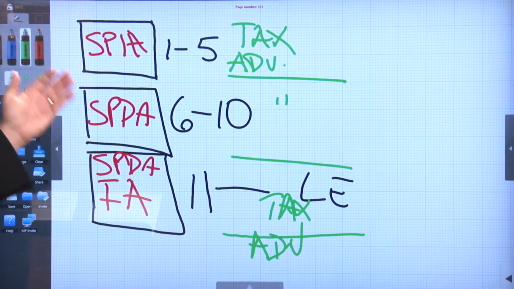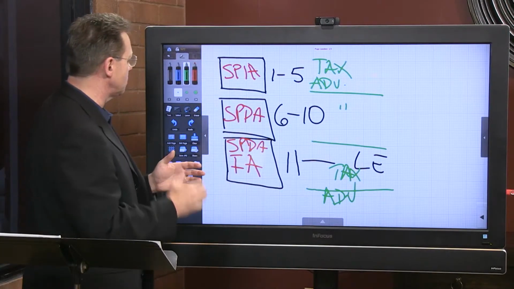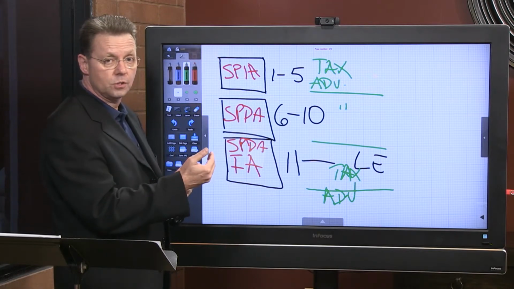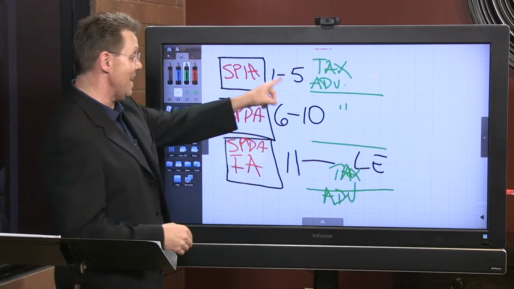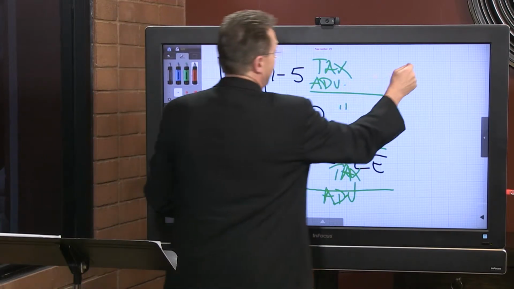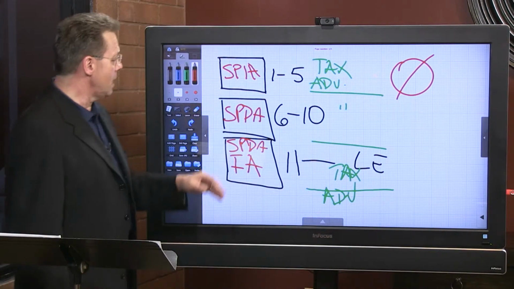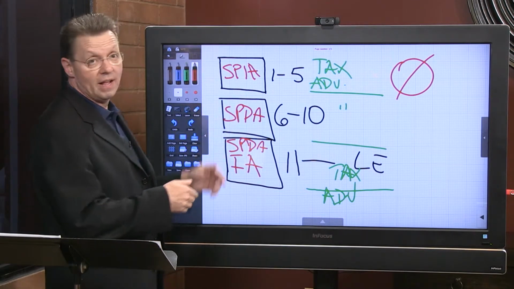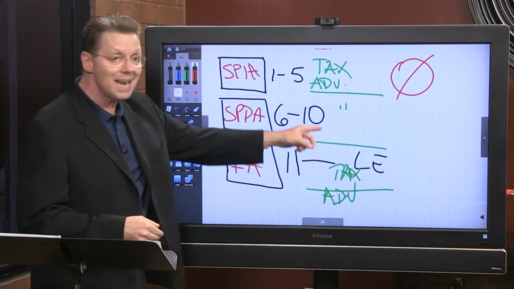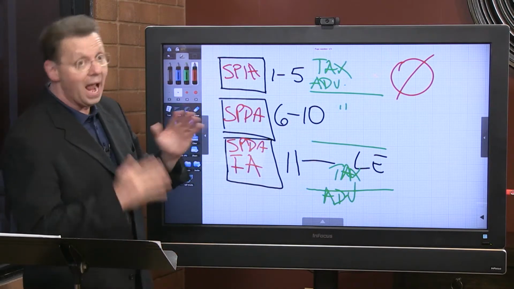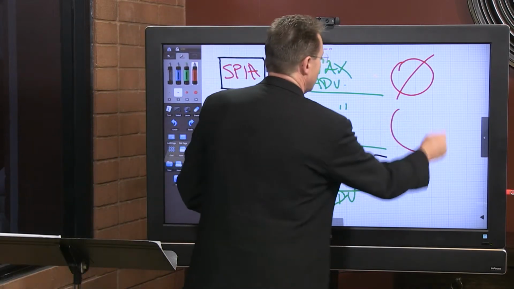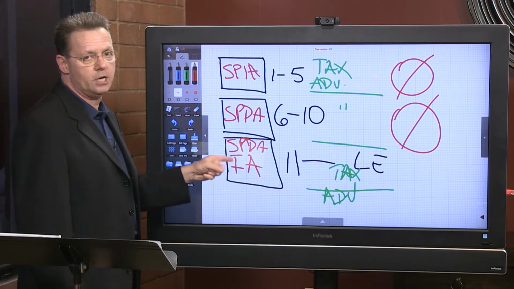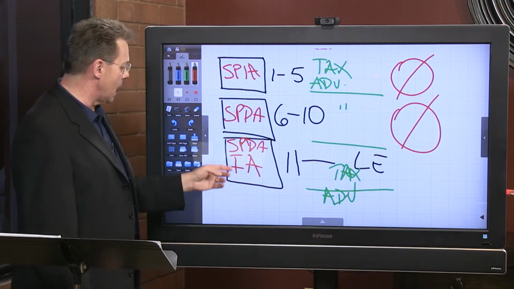So on my timeline, let's just go through it to make sure we understand the mechanics. The single premium immediate annuity pays out 5 years of payments, generally on a monthly basis. Then we've exhausted all that money. At the end of that 5th year, I have nothing, no money. Then I switch over to my single premium deferred annuity, which has been accumulating over those 5 years, and I take income out over the next 5 years, from years 6 through 10. But after that 10th year, I don't have any money there either. Now I've waited 10 years. This has been deferring for 10 years, and again, there are tax advantages along the line.